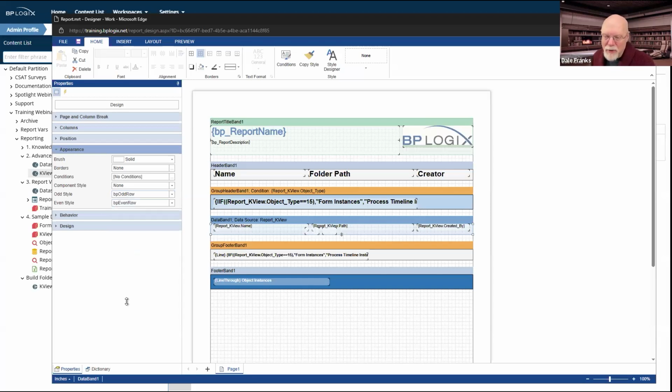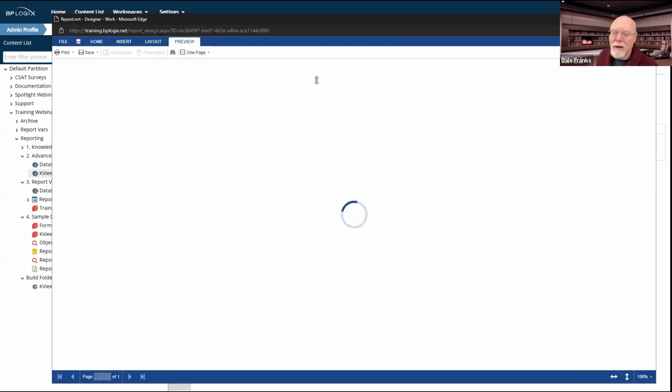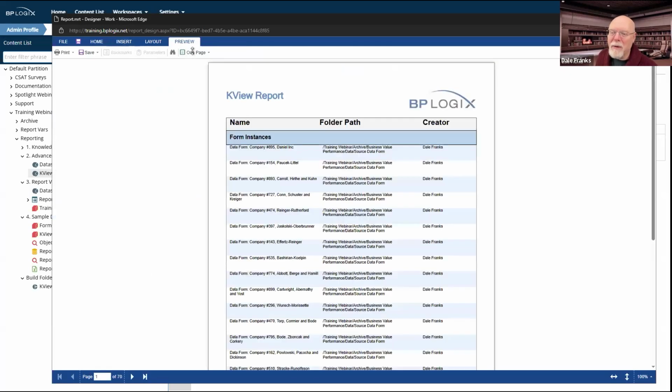Technically, you could also build some different styles, but for right now, we'll just go with the defaults. And that's what I've done. I've just gone and set the odd and even styles for these rows. So once again, we'll preview it. My problem is I hit preview and I forget that preview is not a separate window. It is the same window.